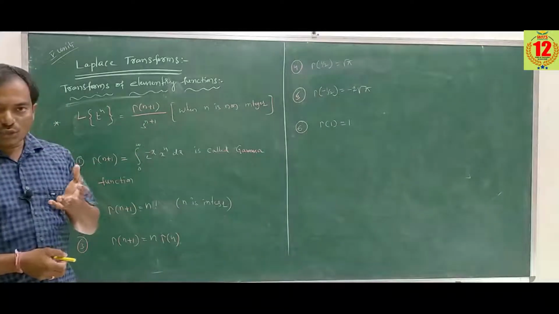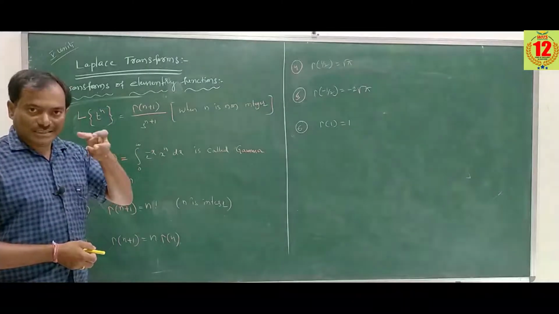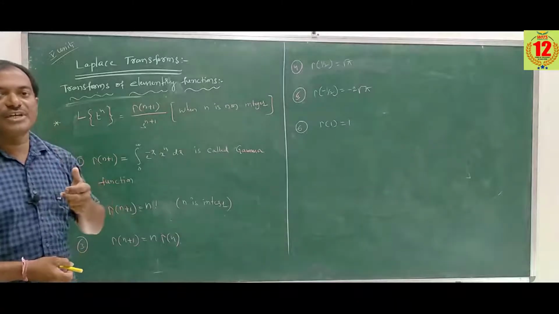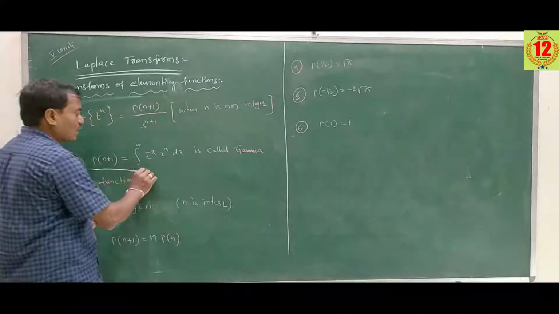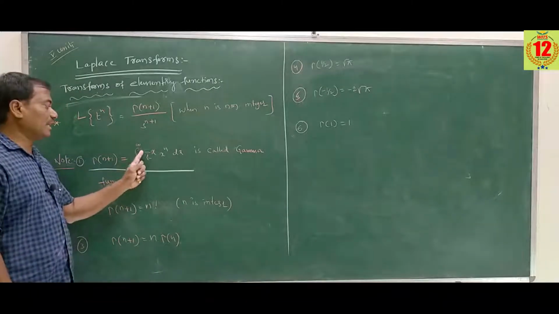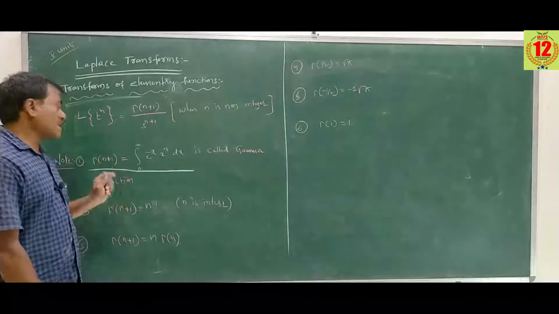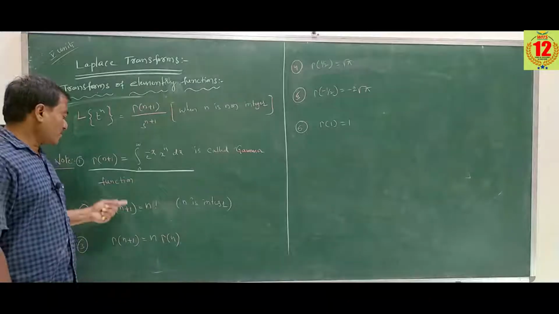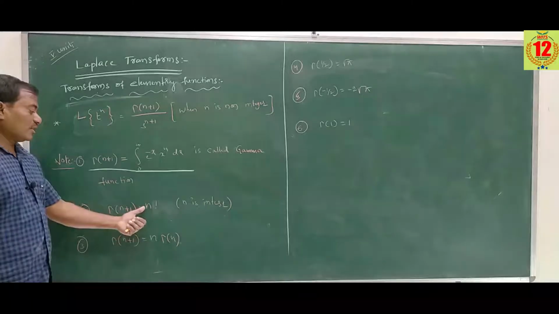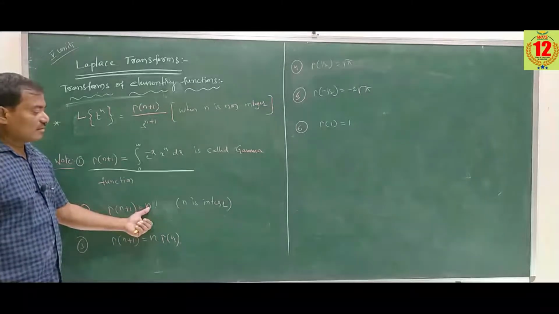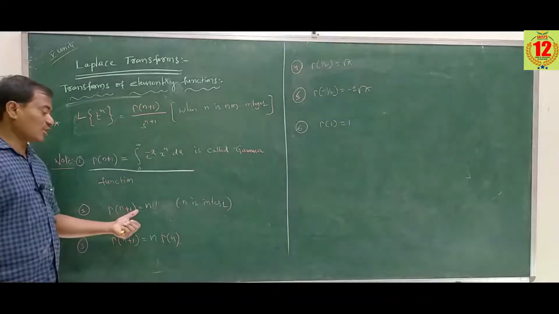So before going to discuss the problem based on this formula, first we have to discuss the properties and definition of gamma function. The gamma function is gamma of n plus 1 equal to integral 0 to infinity e power minus x, x to the power of n dx, is called gamma function. And these are the properties of the gamma function. Gamma of n plus 1 equal to n factorial, n is integer. When n is integer, gamma of n plus 1 equal to n factorial.